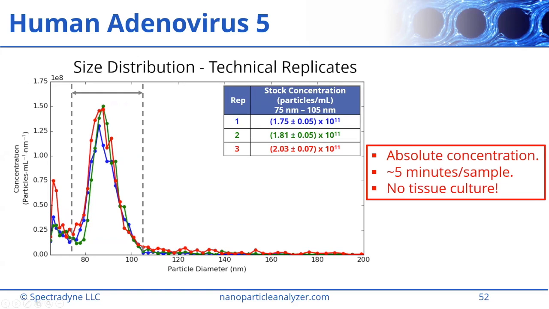So you can see that when we integrate just over the peak of the virus peak in this sample, we get very good agreement on the particle concentration, on the virus concentration. And as a reminder, these are absolute concentration numbers, so it's particles per mil. It took about 5 minutes per sample to make the measurement, and no tissue culture was required to do this analysis, right? Compare that to if you've done viral titer in a biological system before, you know that you need to